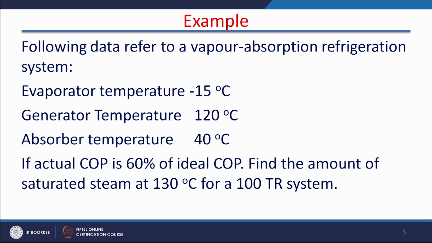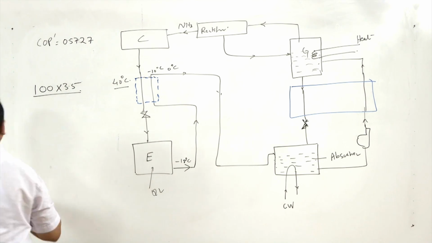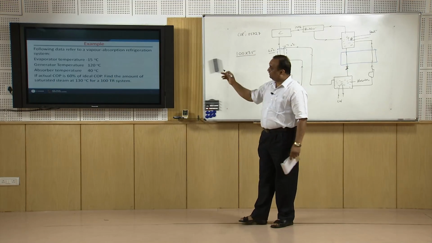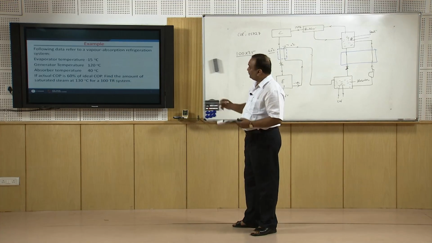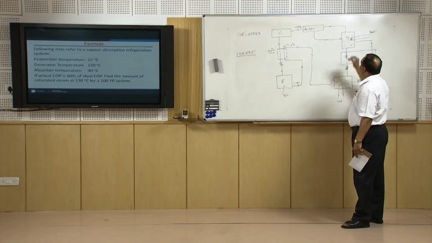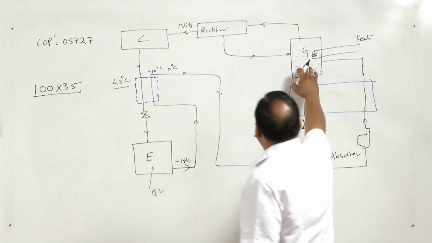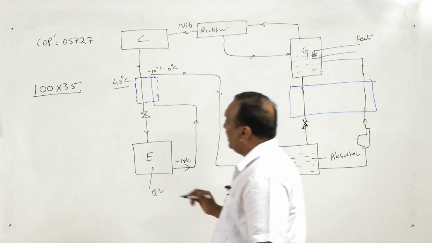So 100 tons of refrigeration means 100 into 3.5 kilowatt. This much of energy is required, and this much of energy is required for steam at 130 degrees centigrade. Suppose steam is used for heating at 130 degrees centigrade. We can assume that steam is condensing here, and mass of the steam